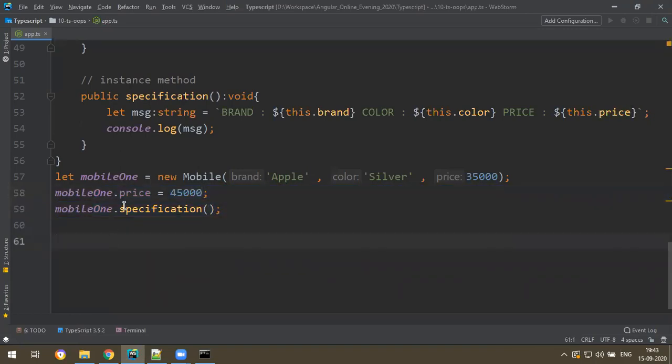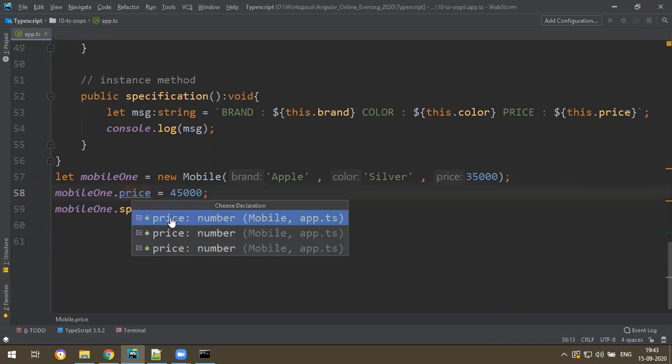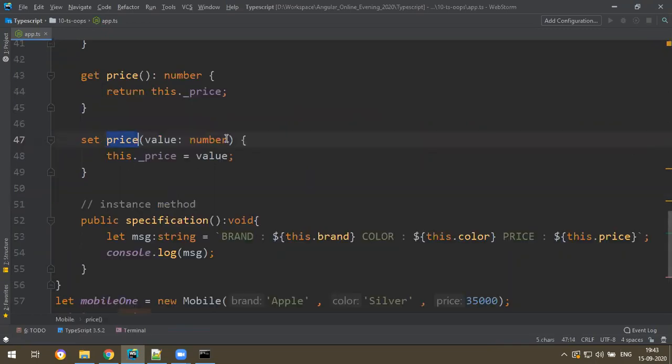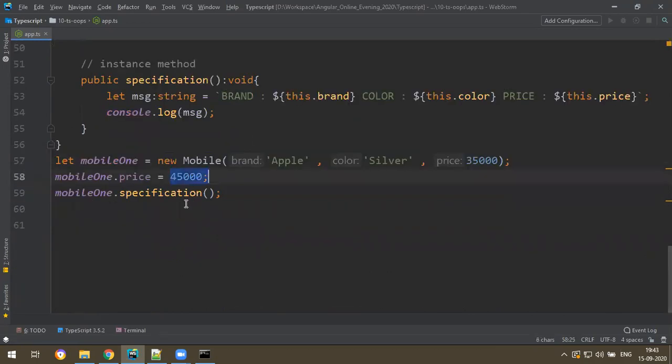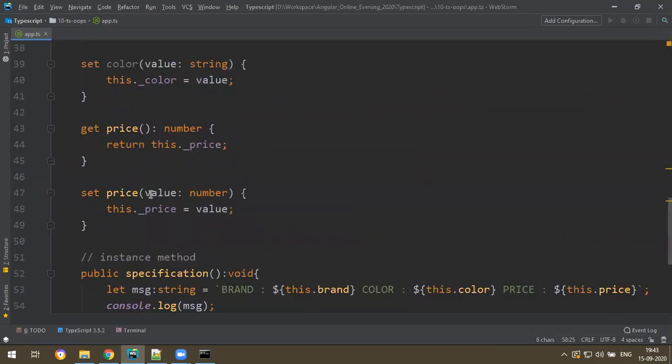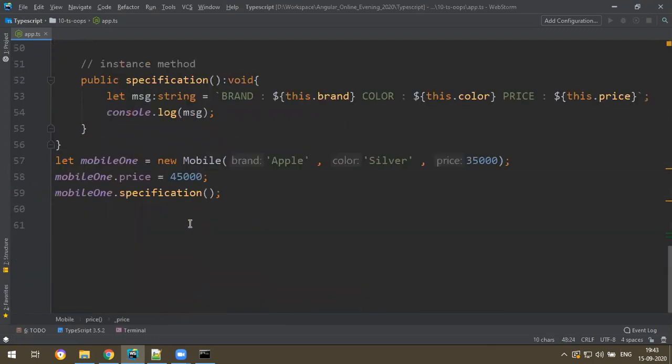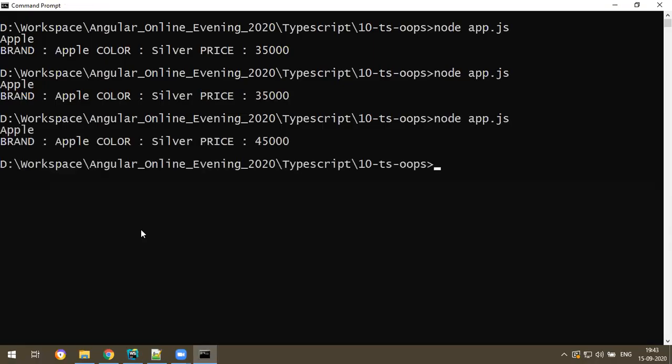If you press the control button and click on this, it'll go there, set price. It will take the value and assign it here. Okay, if you do equal 45,000, that will be taken as set price and assigned to the local variable. This is how you will set the values to properties. And if I say mobile one dot specification, you get the data, now 45,000. Okay, it is able to change.